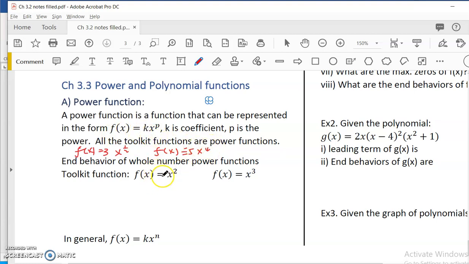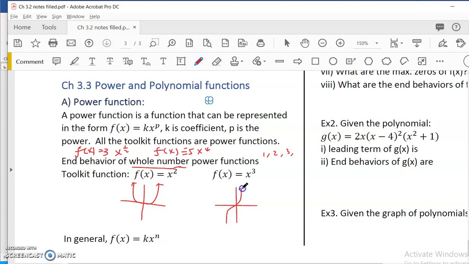We're interested in the shapes of the graphs of power functions when the power is a whole number. The definition of whole number here is positive integer, such as 1, 2, 3. So no more 1/2 or whatever, always just whole numbers. For example, x squared and x cubed are actually part of this family. We already know the shapes of these functions. x squared is just a parabola that goes up, and x cubed is kind of like